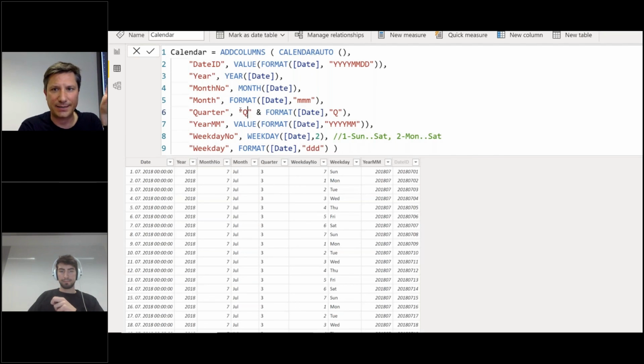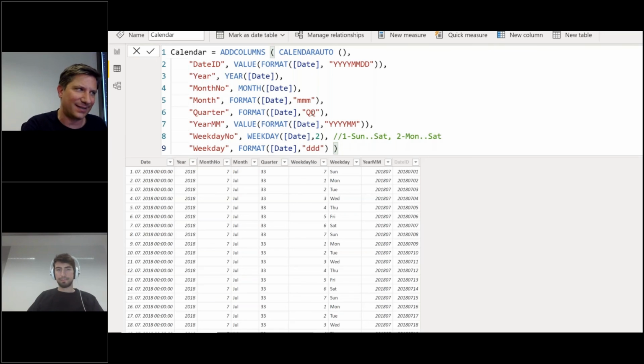Okay, so you can concatenate the letter Q with the quarter number, and this would give you Q2, Q3, right? But if you want to show your colleagues that you're a DAX ninja, then you do this: \Q, right? And what this does is it actually adds the letter Q. Because this does not work, this just returns quarter three, because Q means quarter. You need to escape this